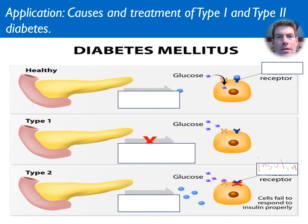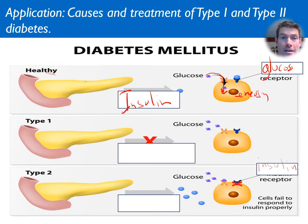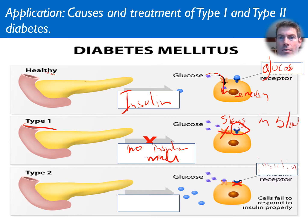So, causes and treatment of diabetes. This is normal. Healthy pancreas making insulin, and you'll see this is a glucose receptor, and it allows the glucose to come into the cell where it can make energy. And that's good. This is what you want. So type 1 diabetes, the pancreas doesn't make insulin, so no insulin made. And since there's no insulin, the receptor can't be stimulated, and the glucose can't get in, and it stays in the blood, which really jacks up